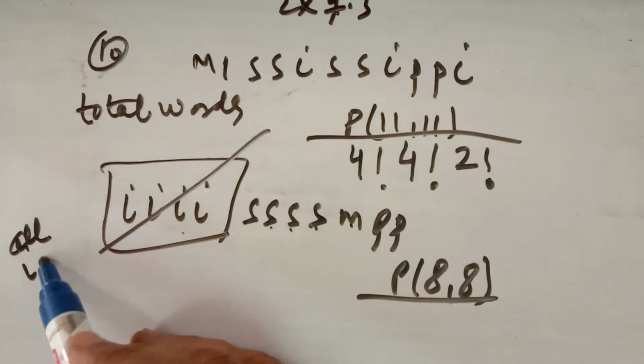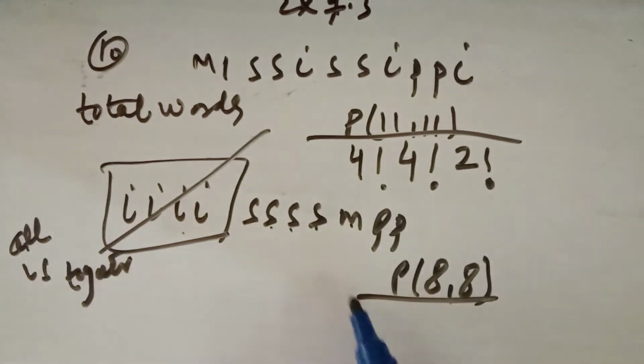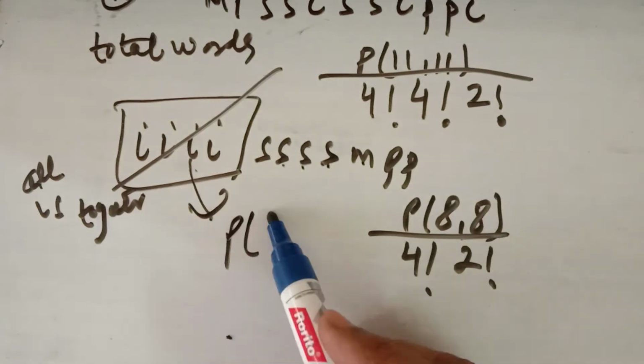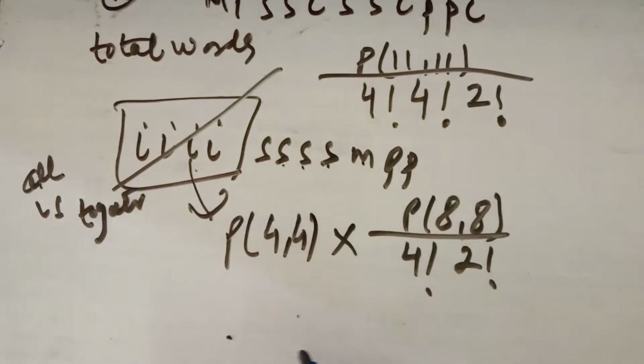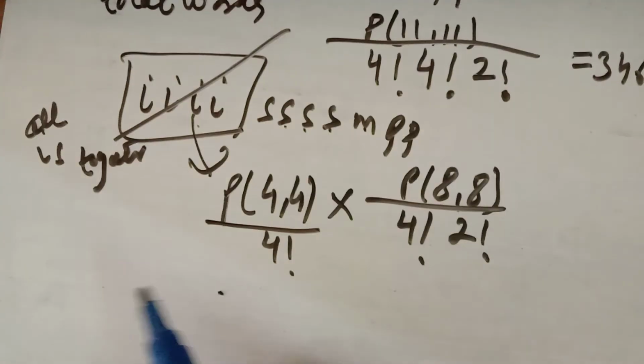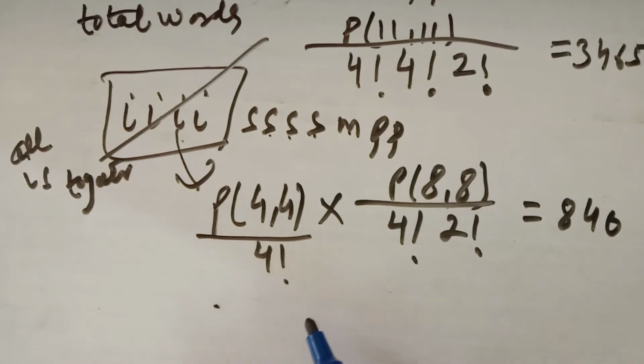All I's together, total words: in this S is repeating 4 times and P is repeating 2 times. Now these I's can also arrange themselves in permutation of 4, but I is also repeating 4 times. So these are the total words of the word Mississippi. When you solve it, you will get 34650. These are the total words when all I's are together. When you solve it, it will be 840 by using the permutation formula. So total words